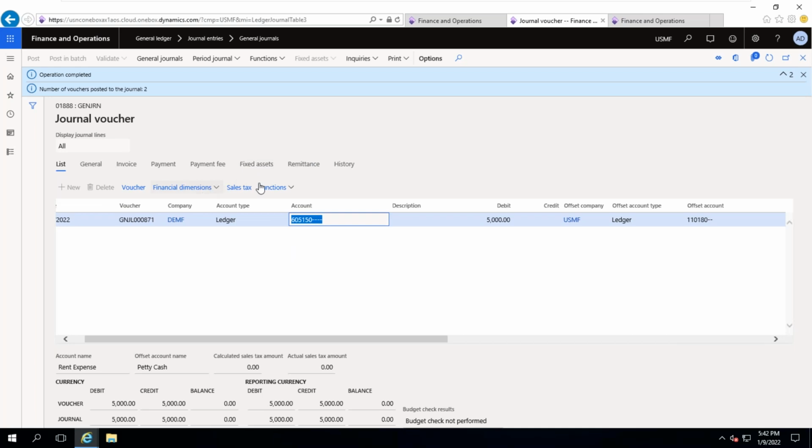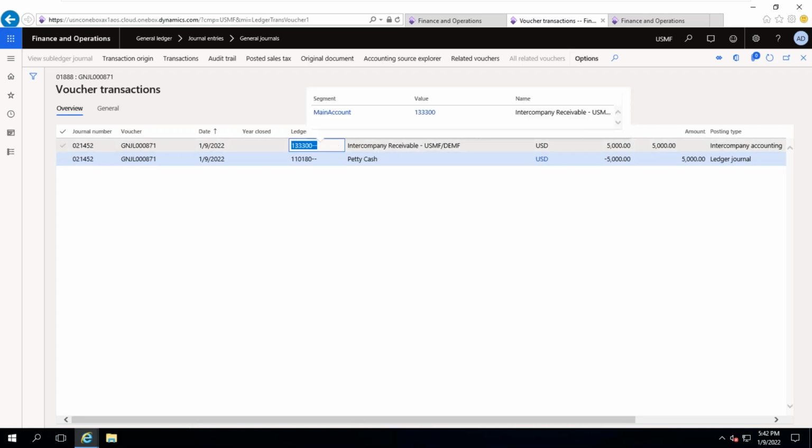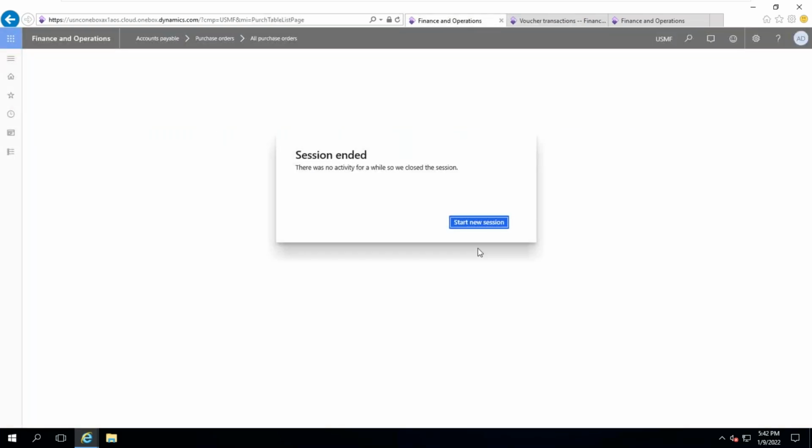But if you verify the voucher, the debit is not 605150, it is 1333300, because one more transaction is posted in DMF company.